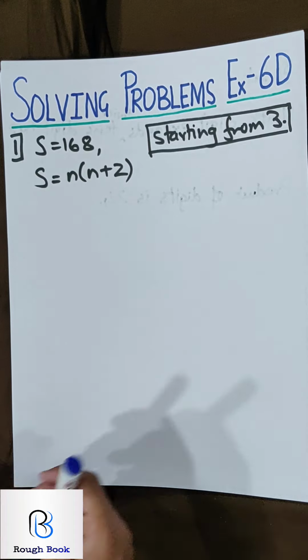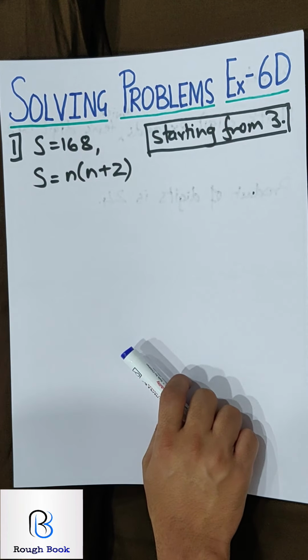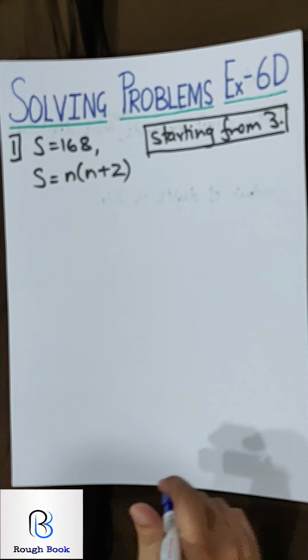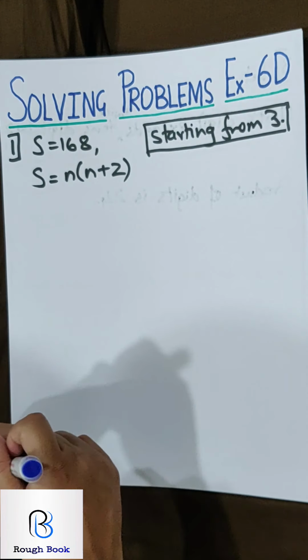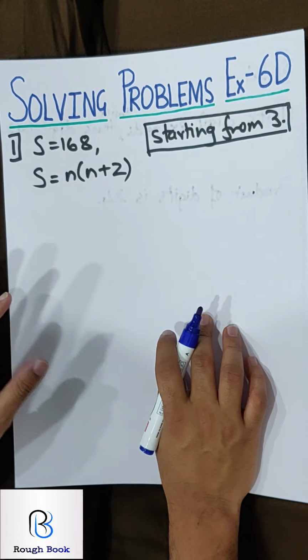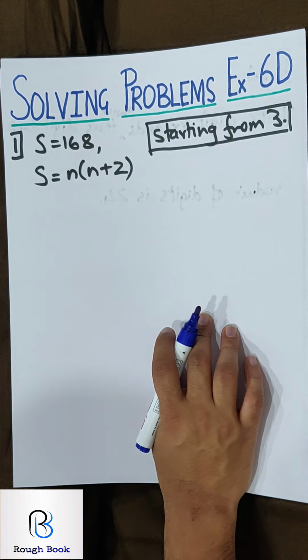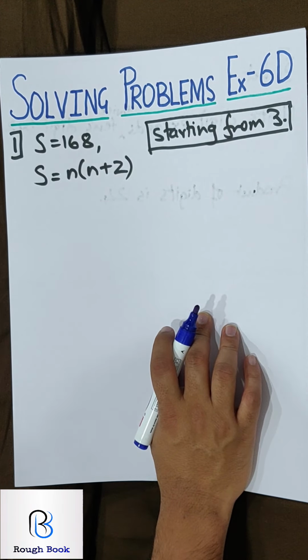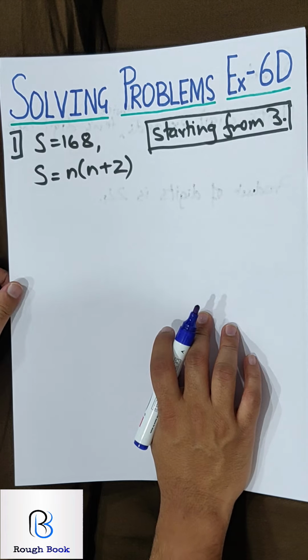We are going ahead with 6D. 6D is a very interesting exercise because there are a couple of sums which are very simple but few sums which are really worth it. You really need to put in efforts to understand them or to try them on your own. So the first few questions are very simple, so let's quickly finish them and then we'll go on to the tougher ones which start from sum number 8 onwards.